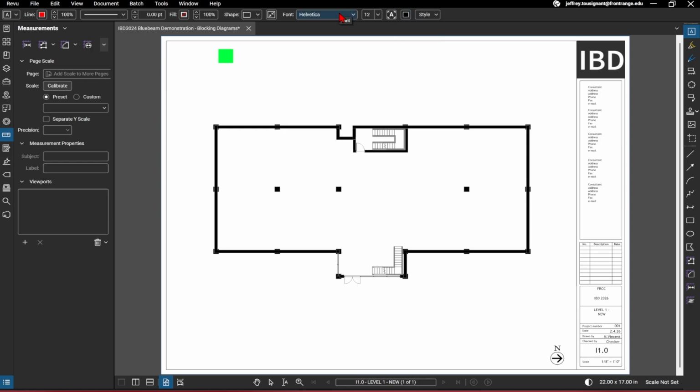And then pick whichever font you would like. We don't have to worry about fill and line for this unless we want to outline these names, which we likely will not do. We'll likely outline the entirety of the legend. I'm going to draw a rectangle to start the shape of the text, and then I'm going to type in